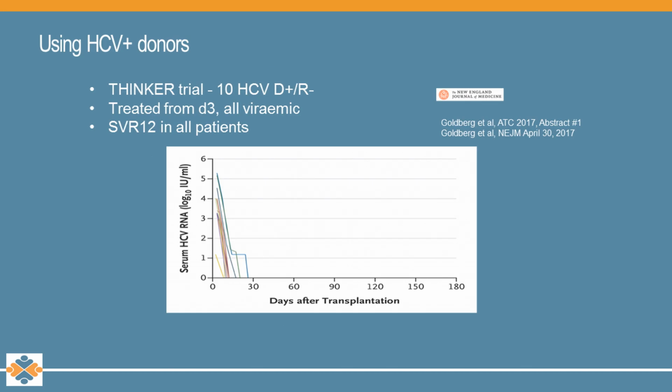In the Penn group there, you can see every single one of them was viremic up front when they got their kidney that was infectious with Hep C, and almost straight away cleared of their hepatitis. So this may in fact become our new norm, I'm not sure, but certainly something to think about in the near future: should we just not worry about Hep C because we know we can treat people out of it?